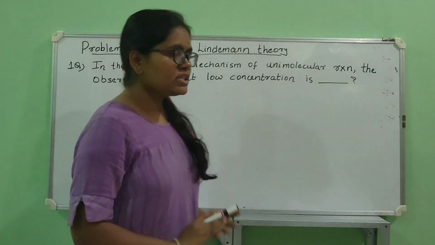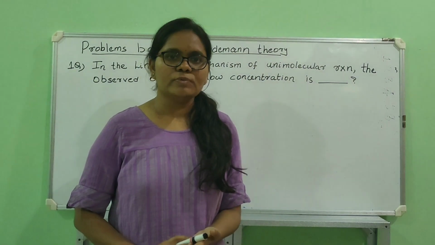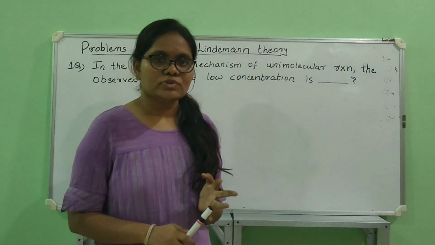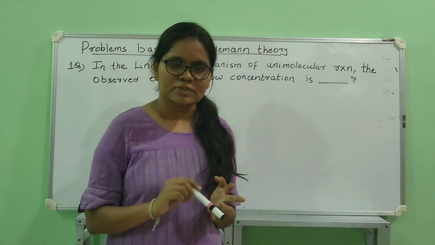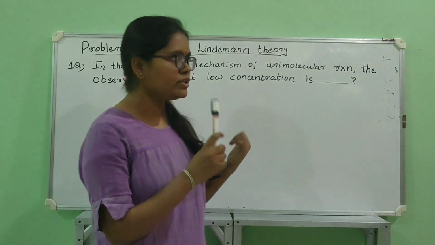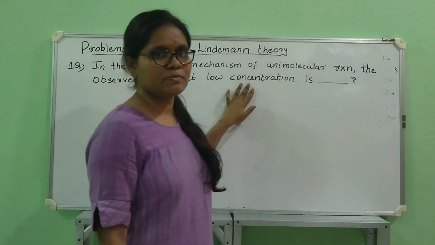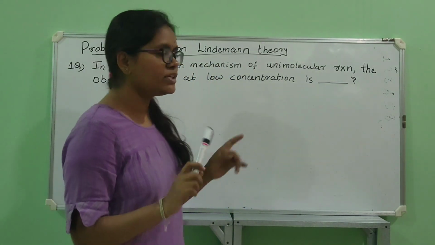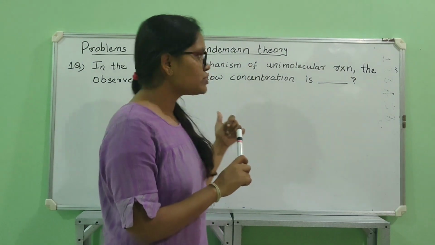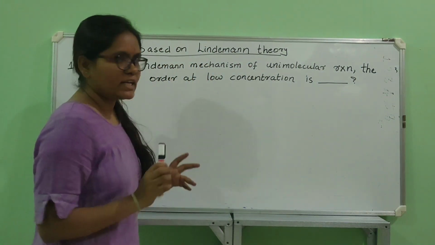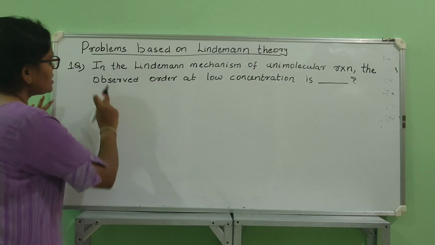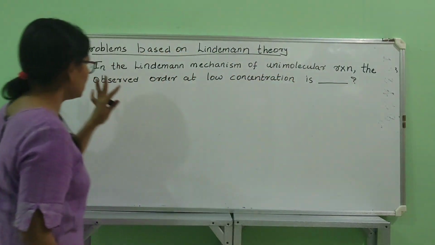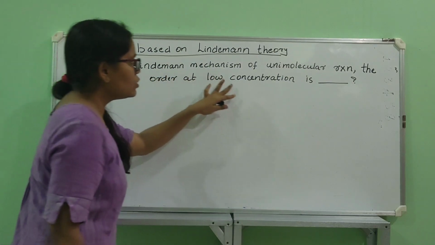In previous video, I have taught you the theoretical portion of Lindemann theory of unimolecular gaseous reactions. So in this video, we are going to solve few problems related to that topic. If you have not watched the theoretical portion, I'll provide the link in the description. First you go through that video and then you come to this video to attempt these problems. But if you already have the idea of this theory, you can directly solve the problems. So let's start. So the first question says, in the Lindemann mechanism of unimolecular reaction, the observed order at low